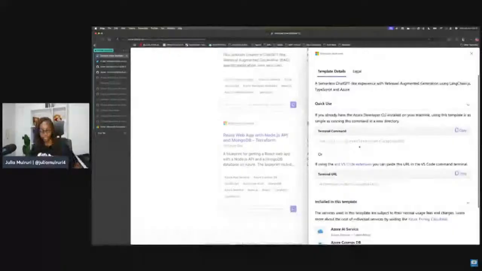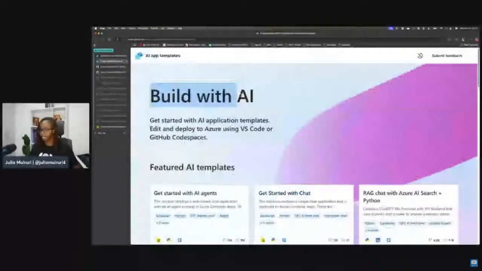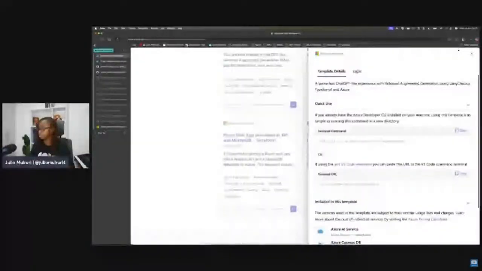And then the other template gallery we have is the Build with AI template gallery. Now, the difference between the two is that this one has only AI templates, so you won't find any project here that does not have an AI angle. And the second library has very specific hand-picked templates by Microsoft that you can choose from. Okay, but the AZD template gallery, as you can see, has a mix of Microsoft-authored and community-authored templates. So you can find, from a variety of options, a template that works best for you. And then you customize the template and make it fit your vision.